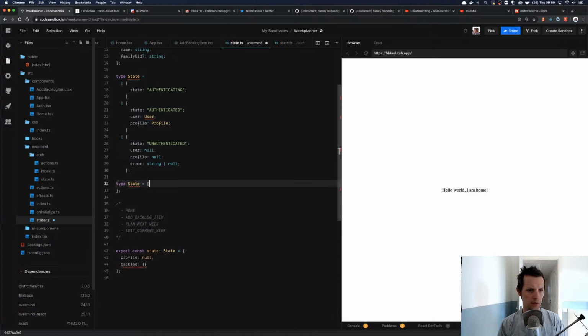The backlog, and we can also say that we only have the backlog when we are, let's see. So we really don't have an authenticated state, I guess. Yeah, wait, this is interesting. So we are authenticated, but we want to move to the home screen, which means that, yeah, we could rather make